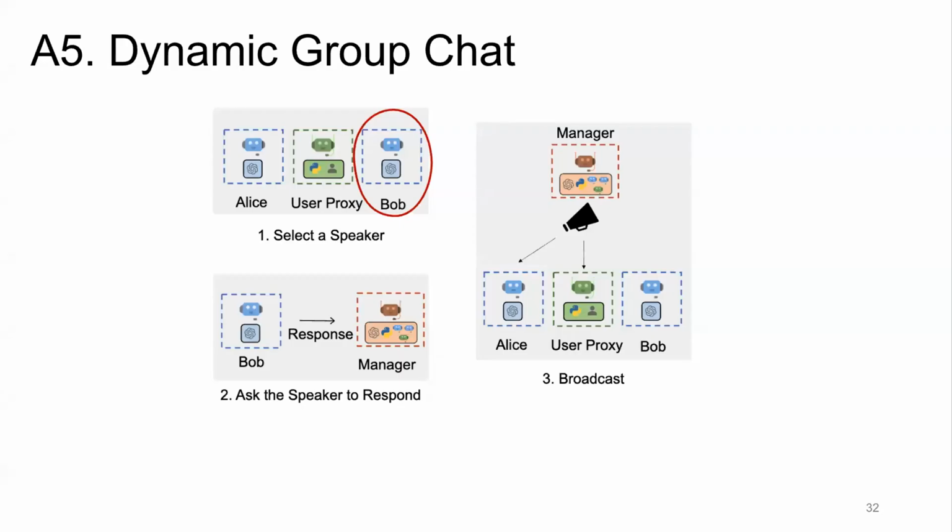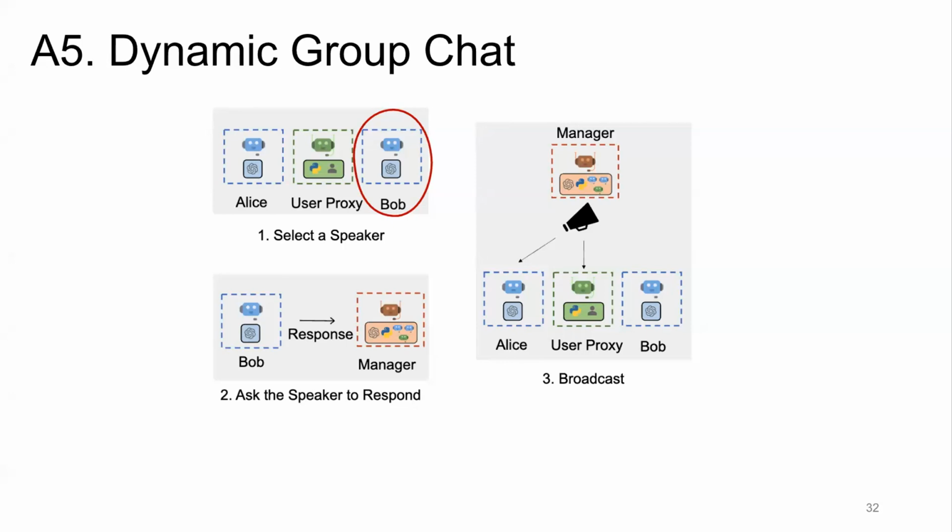Number 5, dynamic group chat. That's a killer application right now for collaborating several different agents. Here, our example is very simple, with 3 agents, 4 agents. But in reality, it can be more than 10 different agents. I have 1 agent for engineer, 1 agent for PM, 1 agent for designer, another agent for some other managers or database. So all the different agents can collaborate together here by using just 1